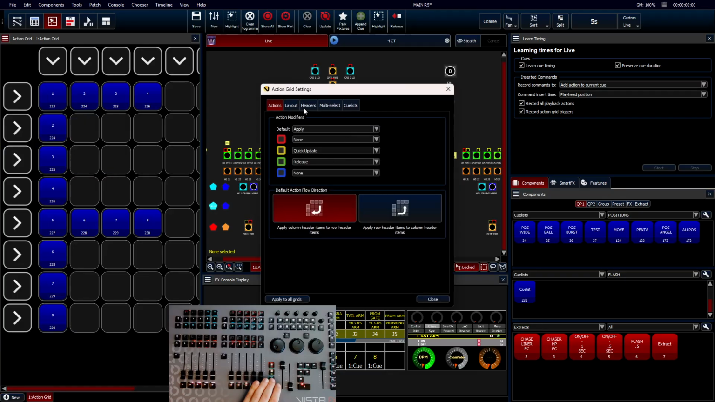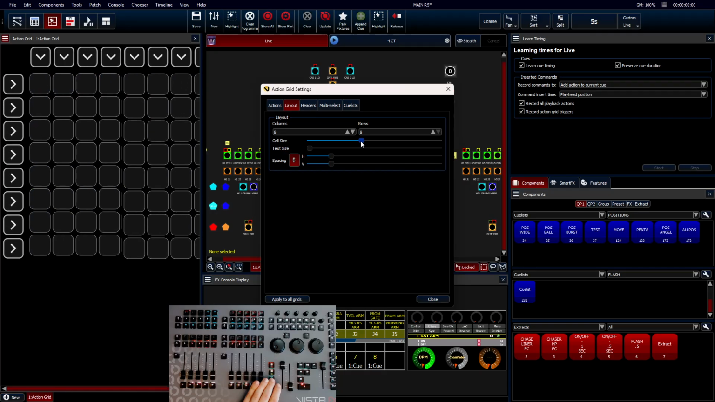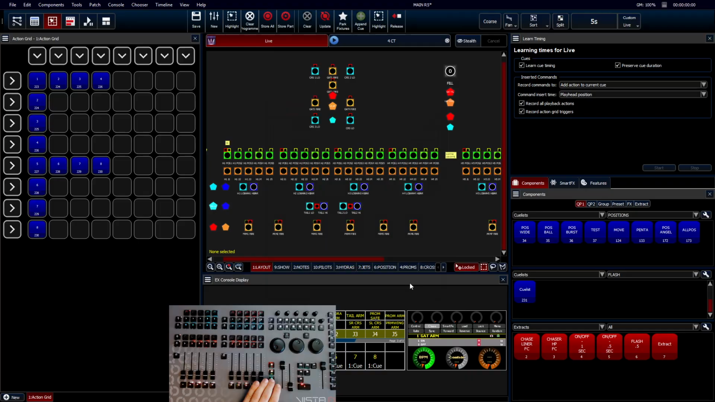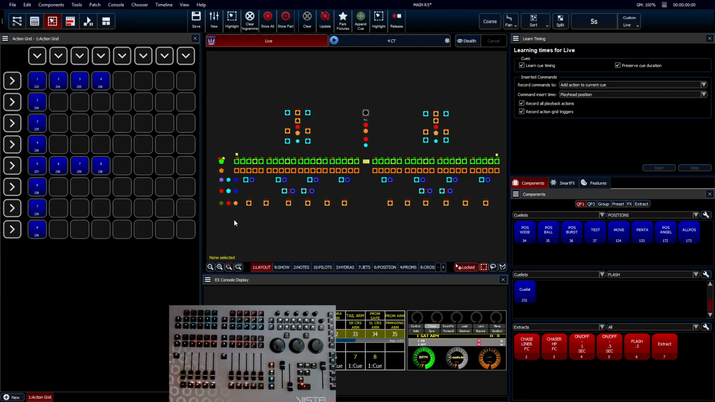I'll just shrink this down so it kind of fits in a little bit better. And there we go. So we can see that. Really just needed an 8x4 grid actually, but that's fine. Okay, so now, as long as I have my faders up,